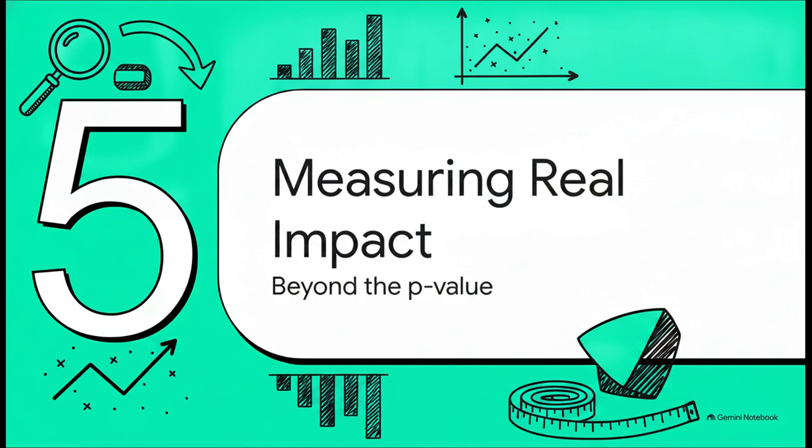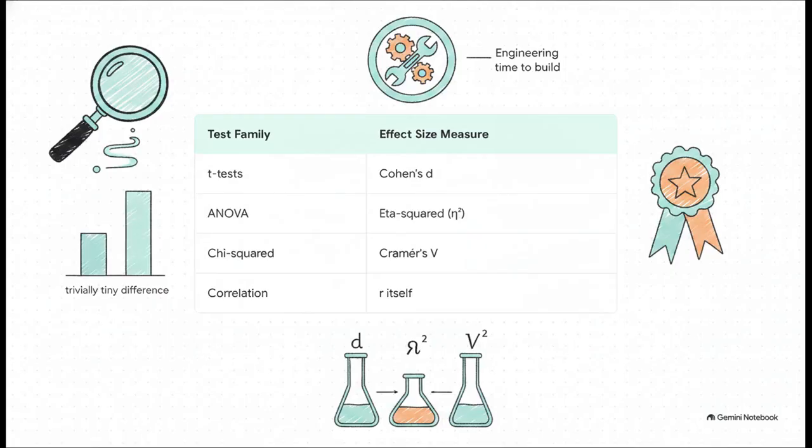Finally, Section 5, measuring real impact. We are looking beyond the p-value. As modern researchers, we really need to shift our focus from just asking, does an effect exist, to asking, okay, but how big is this effect? This is where effect size comes in, because with a massive sample size, even a trivially tiny difference can appear